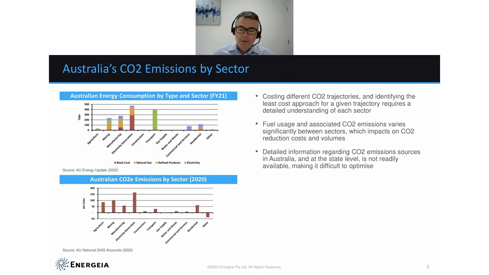Now, figuring out what the marginal cost is of achieving a more stringent target is non-trivial. And that's because it covers the entire economy. And that spans, as you can see here, agriculture, mining, manufacturing, electricity, construction, transport, etc. And gaining an understanding of the current sources of emissions, as well as what the cost of alternative abatement options are, can be quite a lot of work, and that has to date really challenged these efforts.